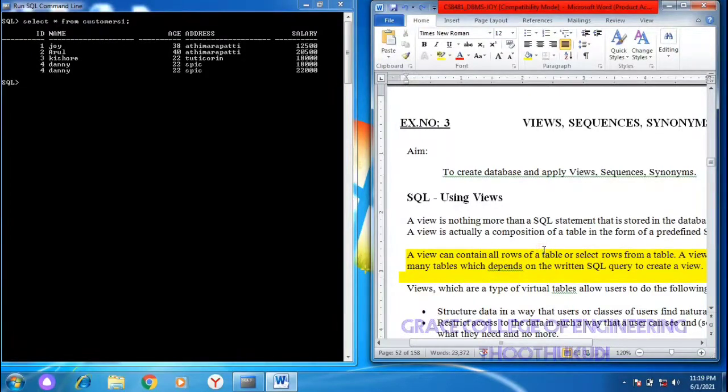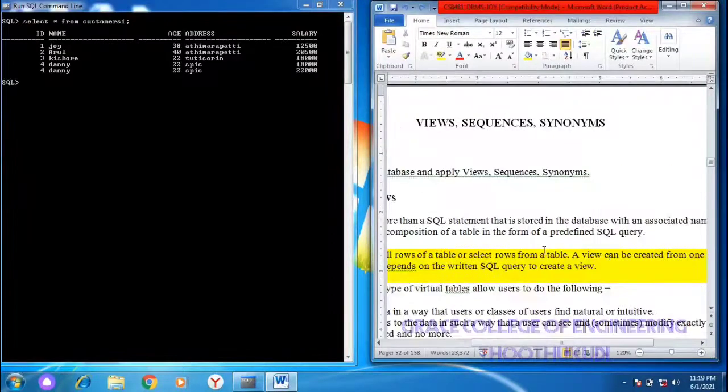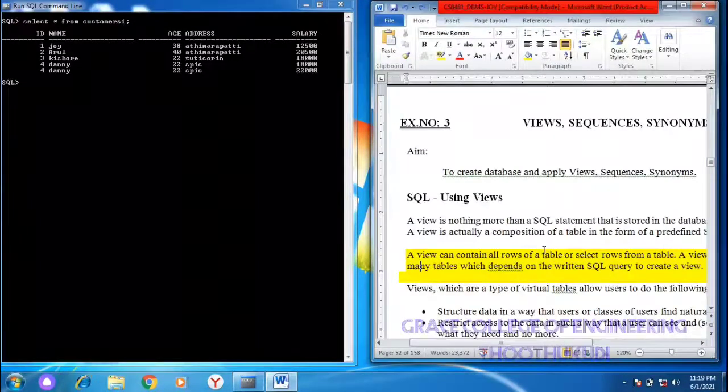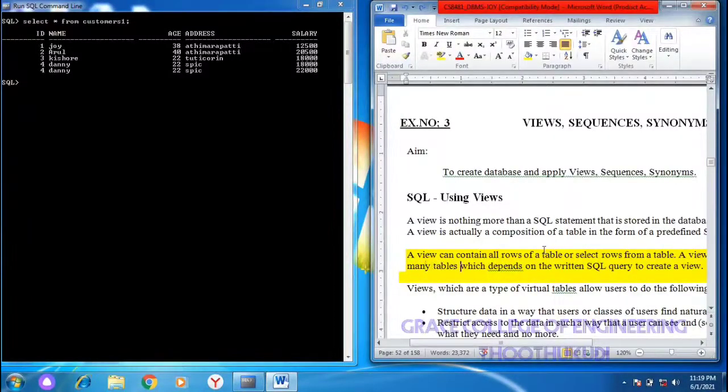That concept is called view. So a view contains all rows of a table or selected rows from a table, which depends on the SQL query used to create the view.